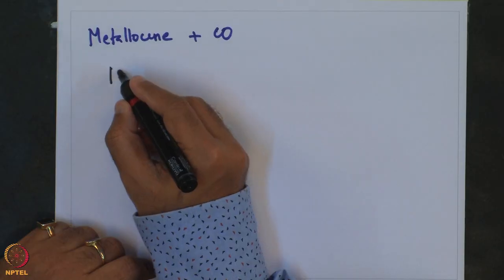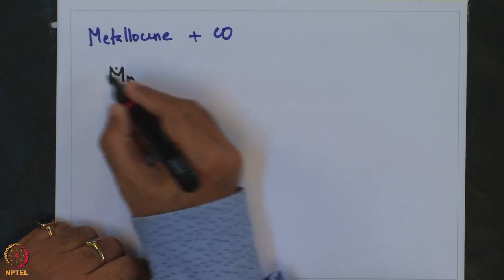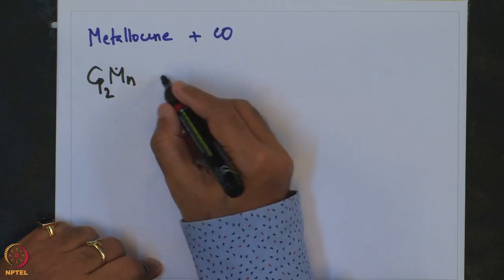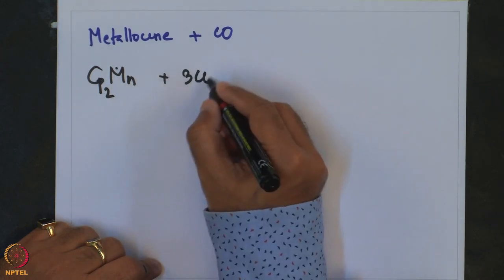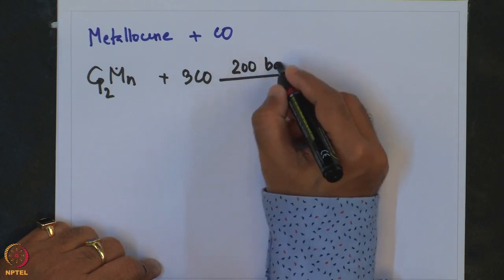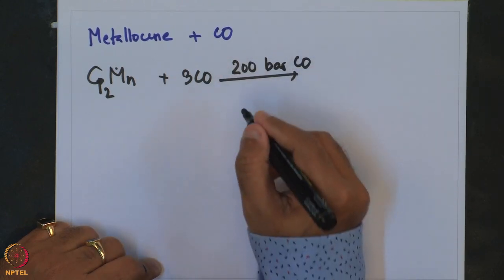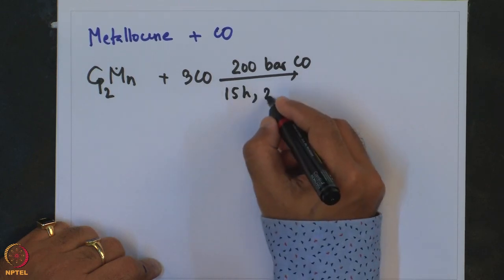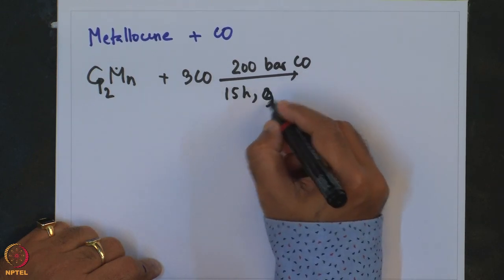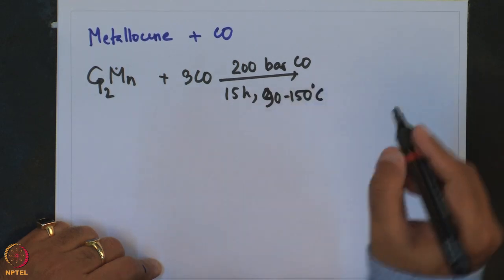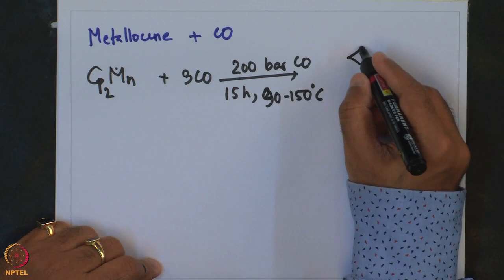For example, Cp2 manganese plus 3 carbonyl in 200 bar of CO, 15 hours, 90 to 150 degree centigrade gives this